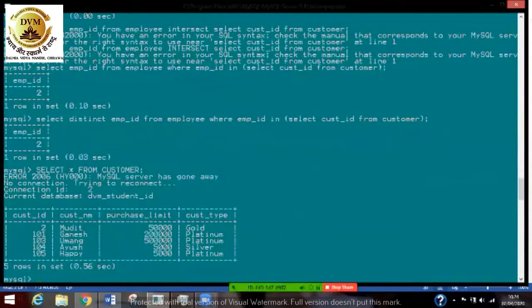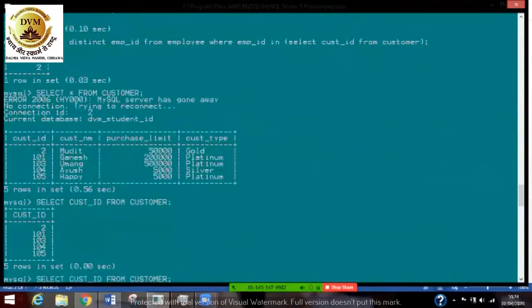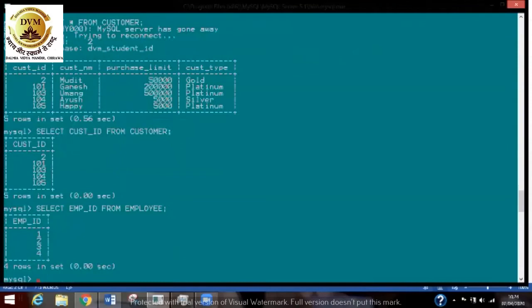If we just take customer ID, it will give you this one output, and if we change it to employee ID from employee, you will have this another output.